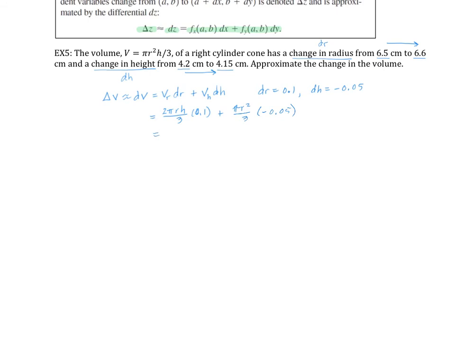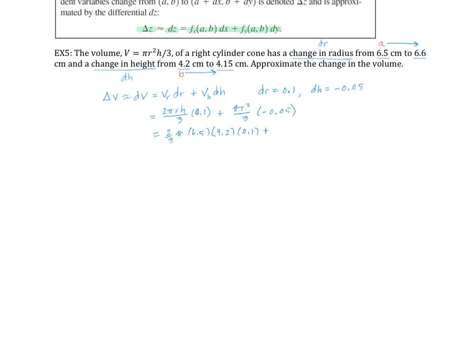The values that we're putting in, these A and B values, remember that's our starting. So my starting radius was 6.5. That's like my A value. My starting height was 4.2. That would be my B value. This now becomes 2/3 pi. My R is 6.5. My H was 4.2. And then timesing that by 0.1